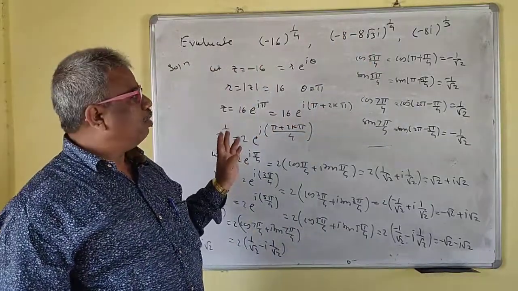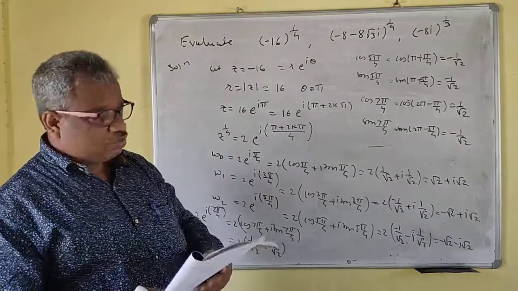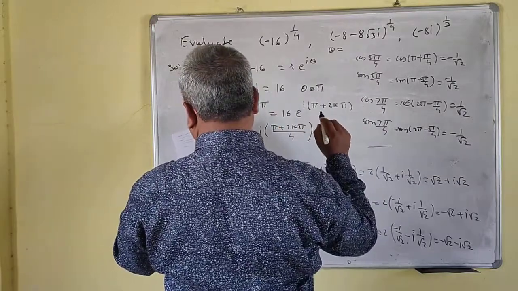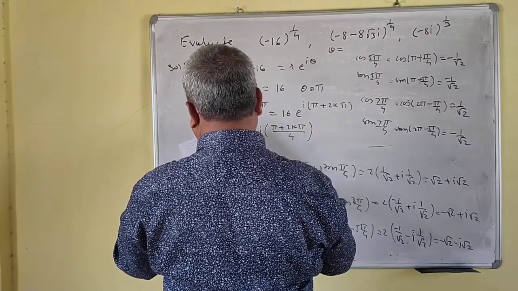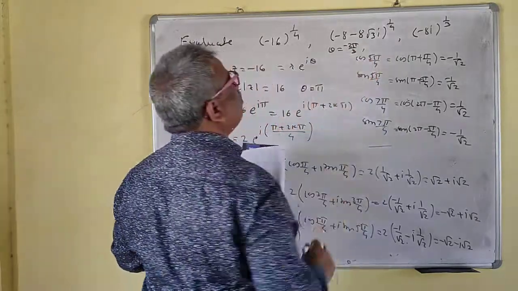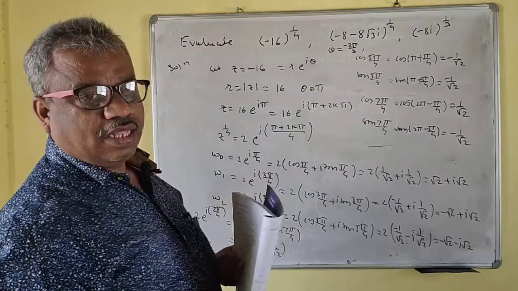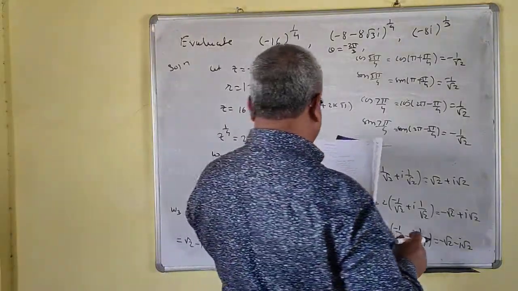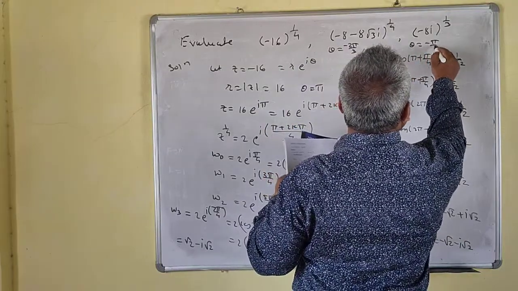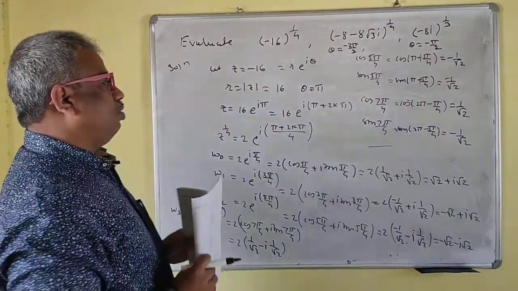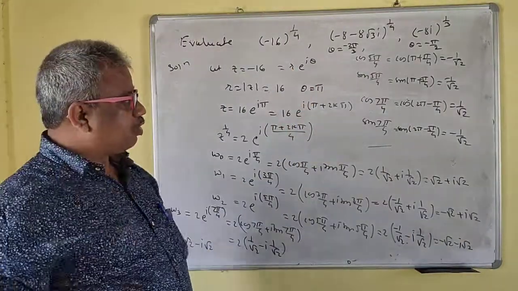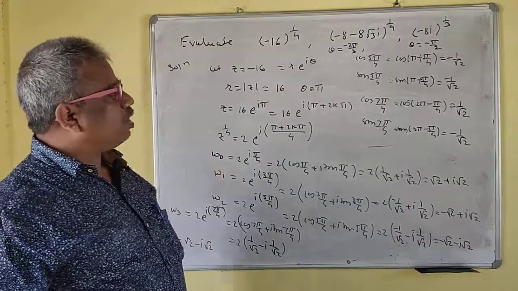So we have the formula for theta. I will only tell you how to solve this problem. You have to take theta as minus 2 pi by 3, because here both are negative. Now in the other one you have to take theta as minus pi by 2. Your theta is minus pi by 2 here. So take this principal argument and solve these problems. I hope that you can do this one.